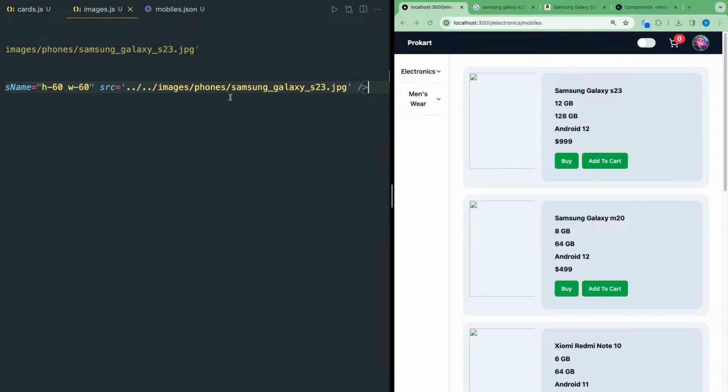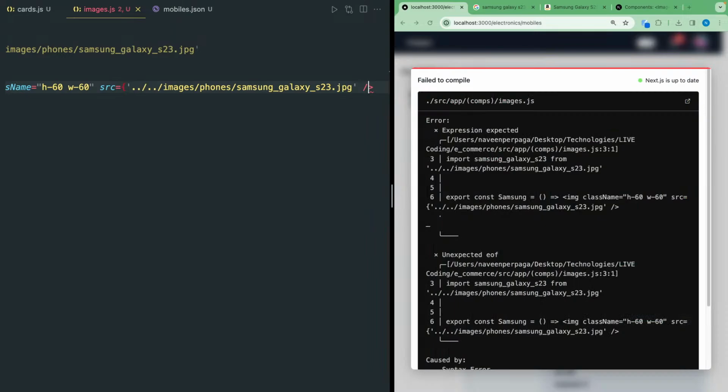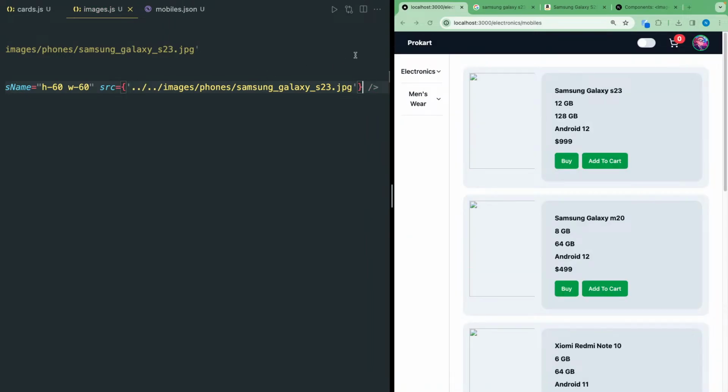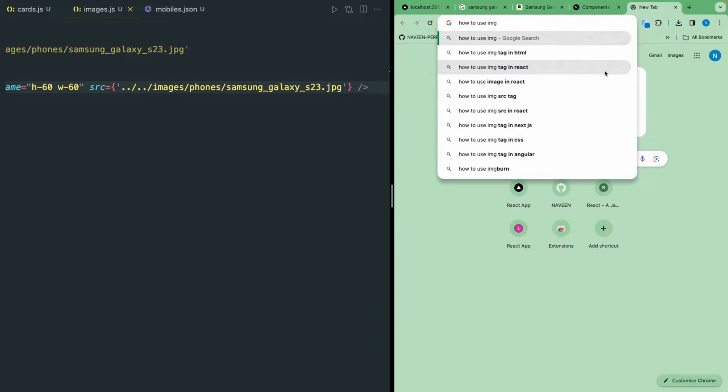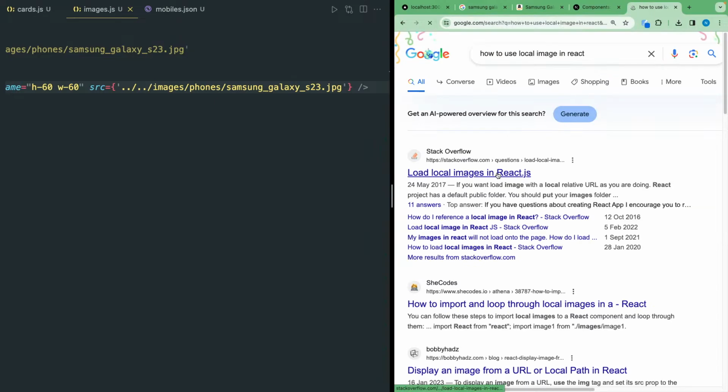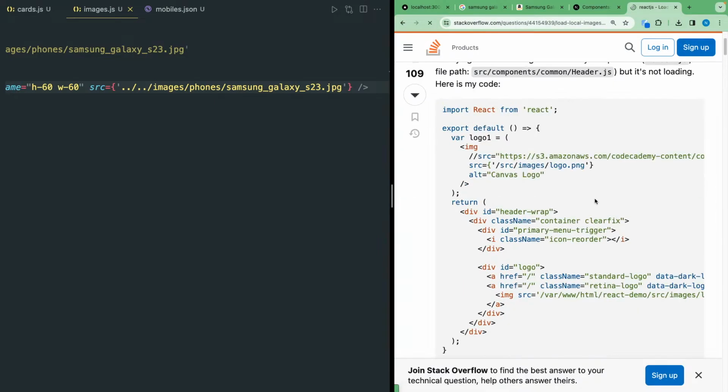Images, fonts, Samsung Galaxy S23. It's still not worked. To use a local image in React. Okay, so